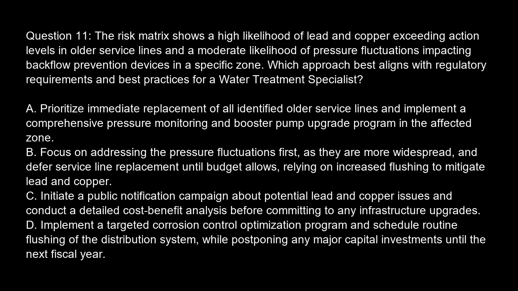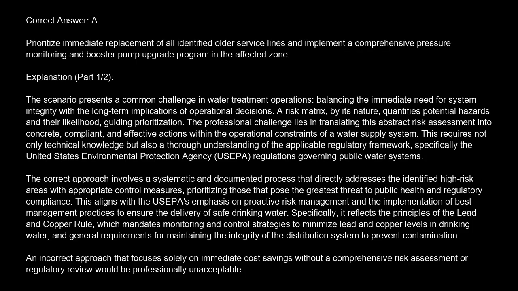Option C. Initiate a public notification campaign about potential lead and copper issues and conduct a detailed cost-benefit analysis before committing to any infrastructure upgrades. Option D. Implement a targeted corrosion control optimization program and schedule routine flushing of the distribution system, while postponing any major capital investments until the next fiscal year. The correct answer is A. Prioritize immediate replacement of all identified older service lines and implement a comprehensive pressure monitoring and booster pump upgrade program